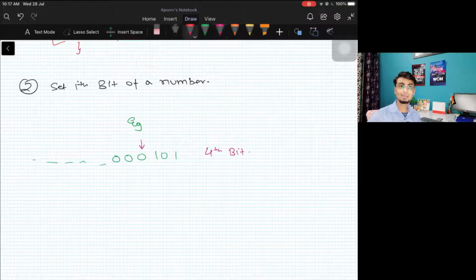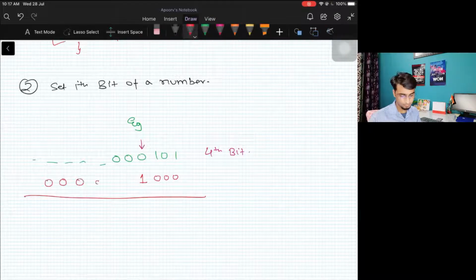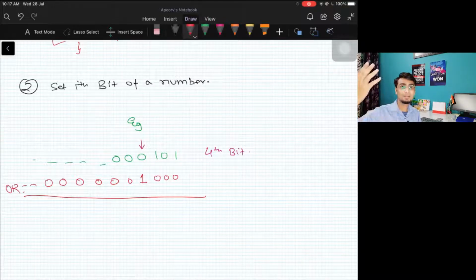So for setting any bit, what we can do is, if I can place a 1 over here, rest all zeros, and do an OR operation, because we know that if we do OR with 1, we will obviously be getting 1 only, right? So if we do an OR operation, whatever be the upper bit, the resultant would be 1 only, right? So if the original bit was 0, if you do an OR with 1, it will become 1, right?